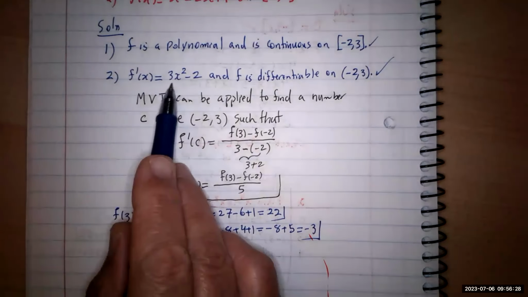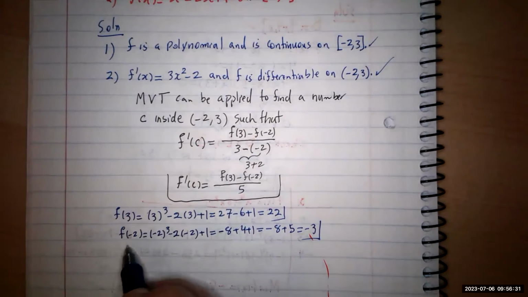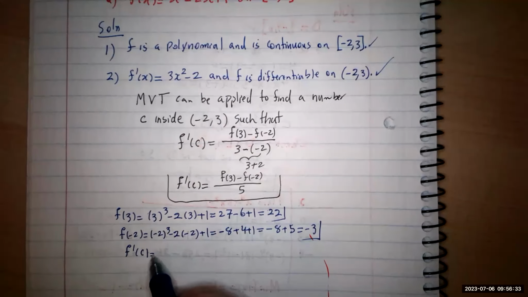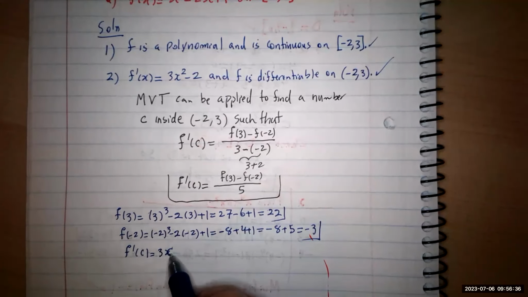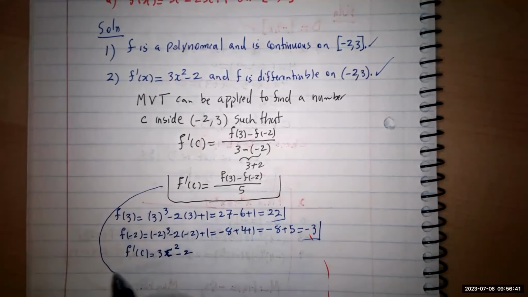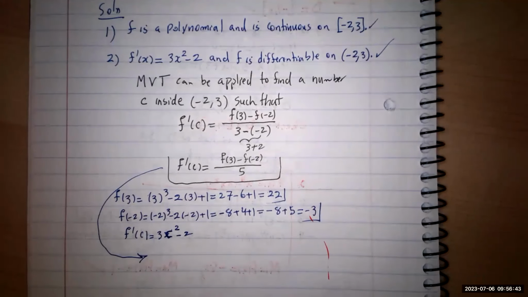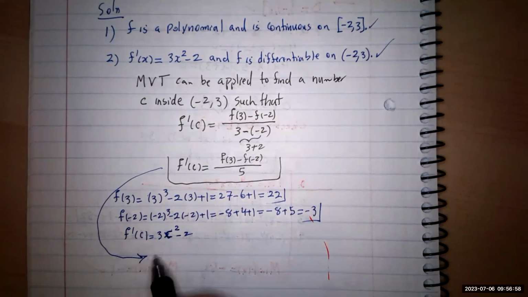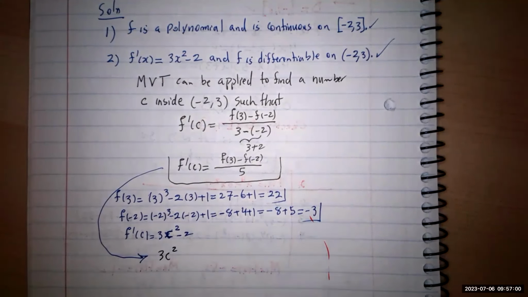F prime of x is 3x squared, just change it to c. F prime of c is 3c squared minus 2. Go back, substitute here, and solve the resulting equation. Any questions? So substituting f prime of c gives us 3c squared minus 2,